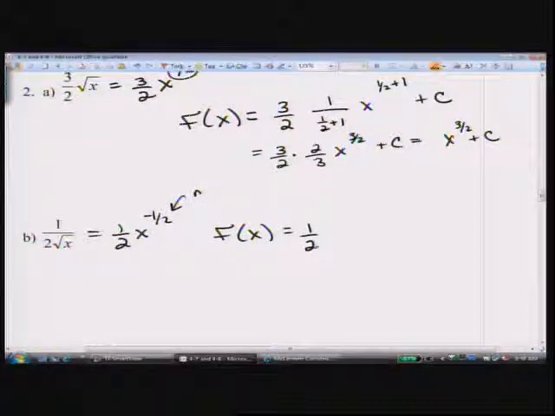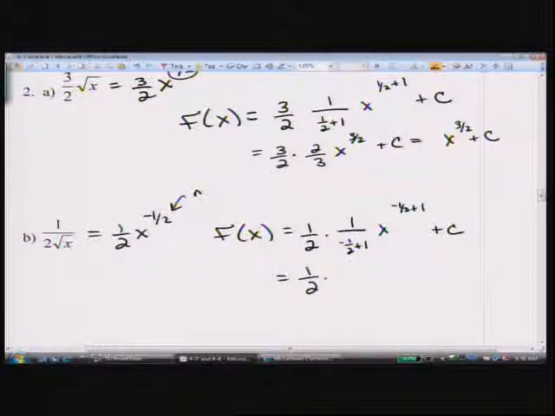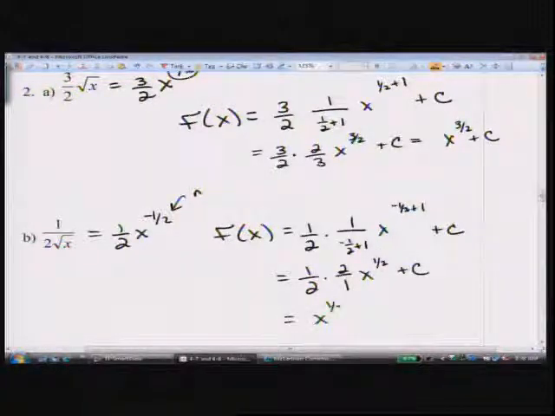You write your constant that tags along times 1 over n plus 1, so negative 1/2 plus 1 x to the negative 1/2 plus 1 plus c. All right, negative 1/2 plus 1 is 1/2. So this is 1/2 times 1 over 1/2, which is 2 over 1, x to the 1/2 plus c. And so this is just x to the 1/2 plus c, or the square root of x plus c,